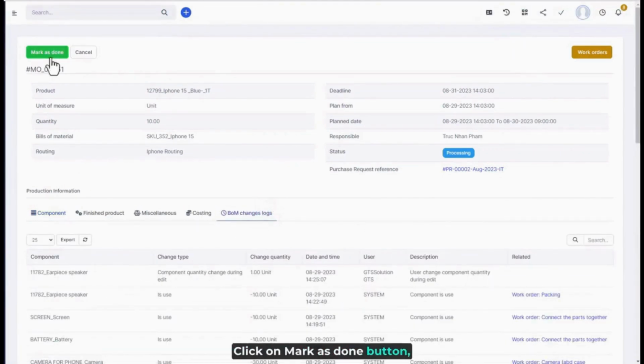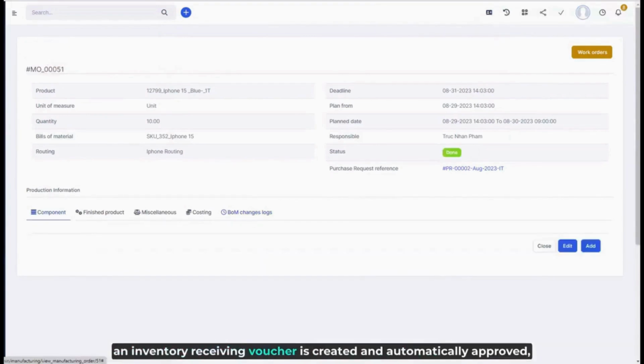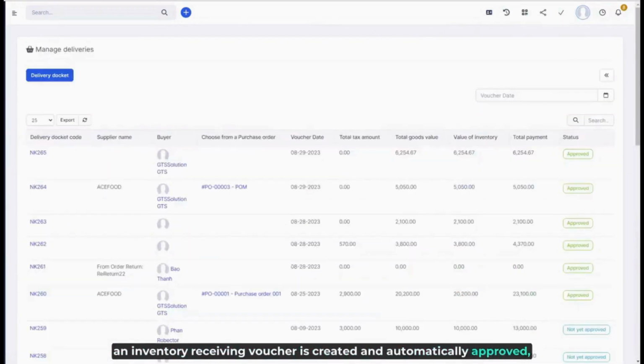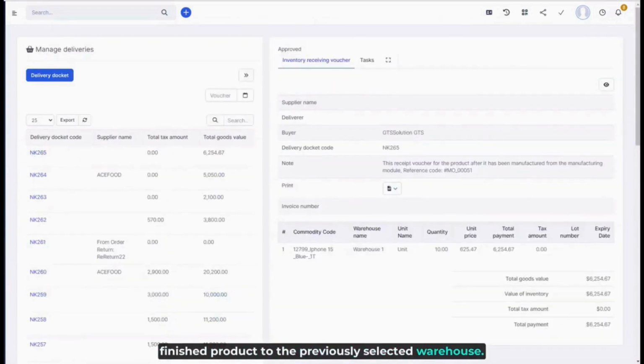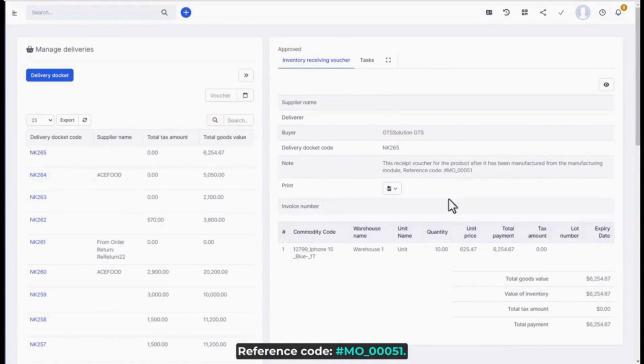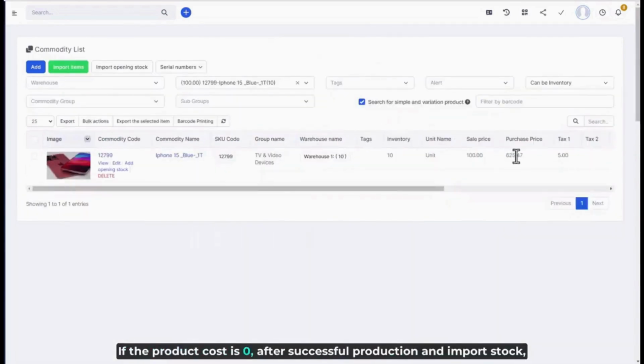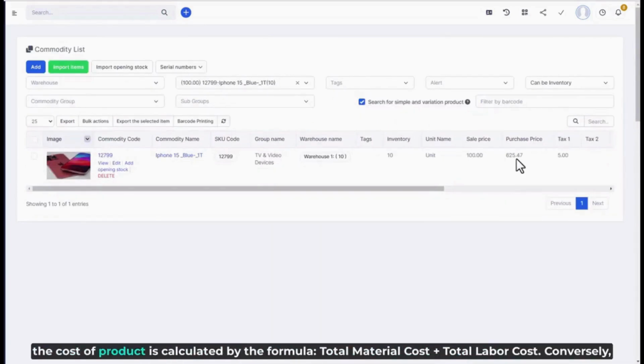Click on Mark as Done button. An inventory receiving voucher is created and automatically approved, updating the quantity of the finished product to the previously selected warehouse. This inventory receiving voucher for the product after it has been manufactured from the manufacturing module, reference code #mo_00051. If the product cost is 0, after successful production and import stock, the cost of product is calculated by